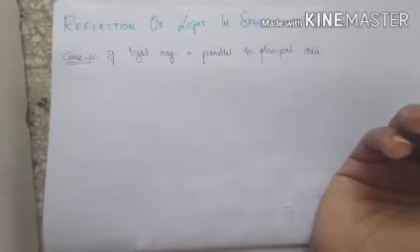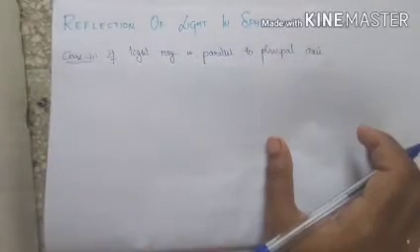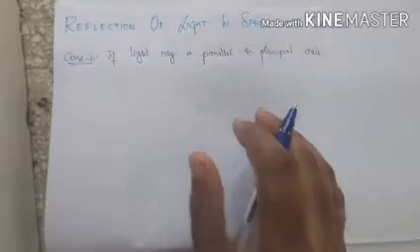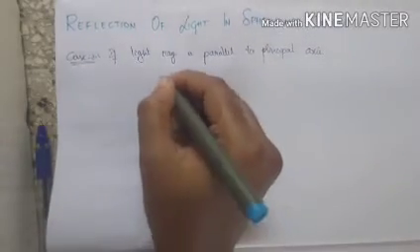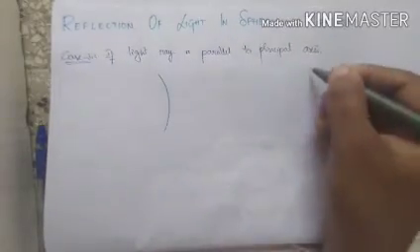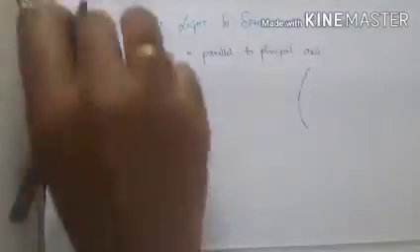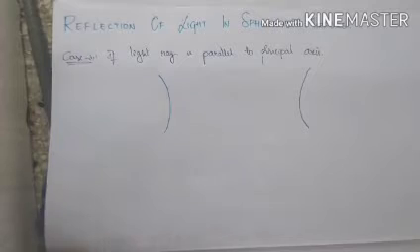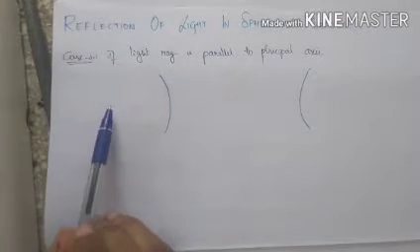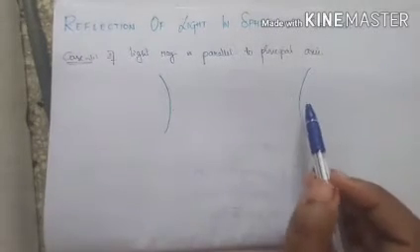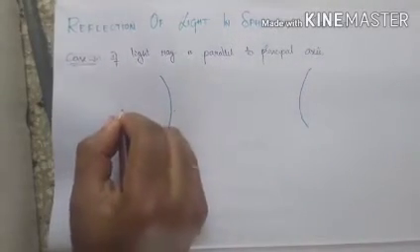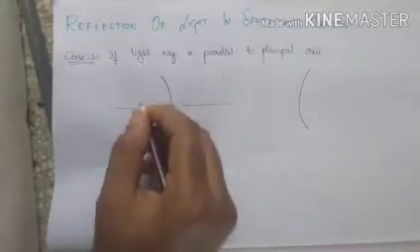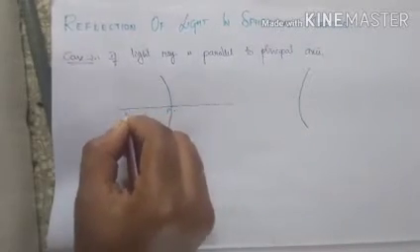So here we'll see the spherical mirrors and the reflection. I'll be drawing my spherical mirrors here, concave and convex. The difference between the two is that for concave, the reflecting surface is inward, whereas for convex, the reflecting surface is outward. Let me just draw my principal axis over here. Pole, focus, center of curvature.